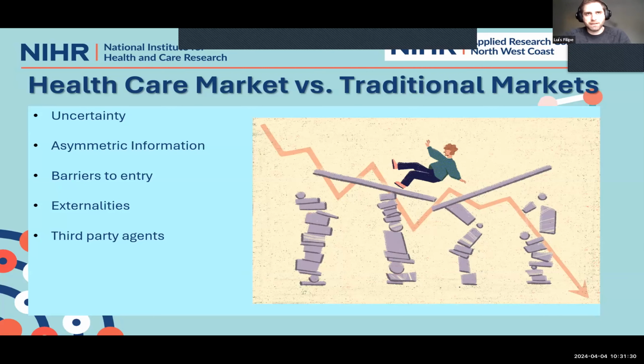Here in the UK, for instance, you go to the hospital, the NHS, so you have you, the consumer, the hospital, the provider, but then you have the state serving as a third-party agent. So it's really not typical to have these in other markets. So again, this makes the healthcare market, let's say, special and harder to work with and analyze.